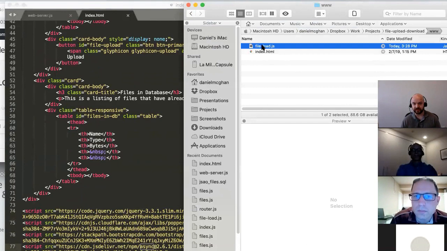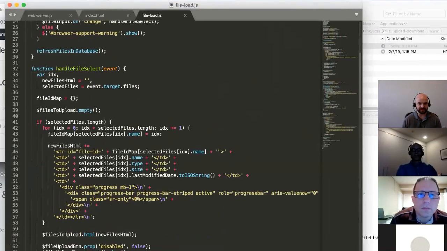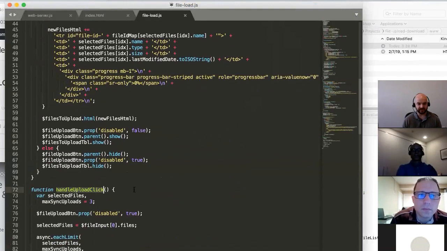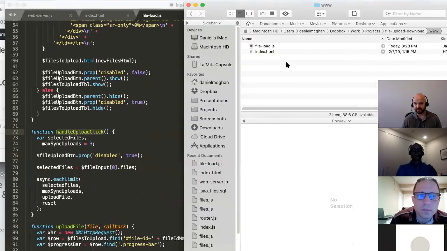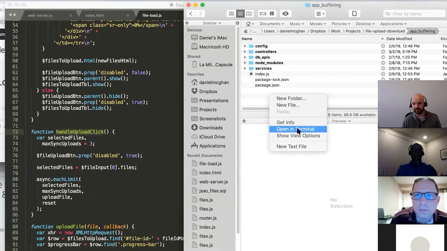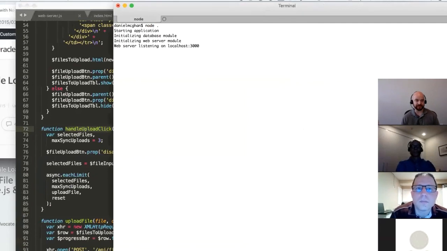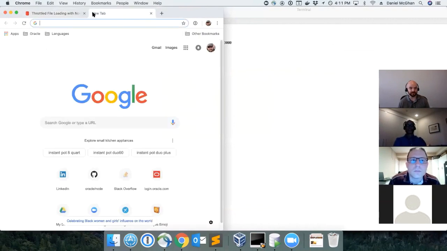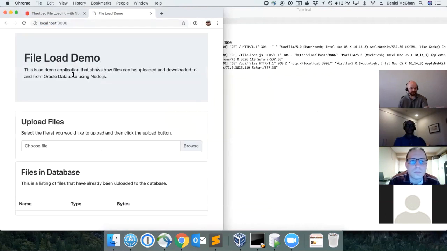So it's the JavaScript file here that does all the heavy lifting, and the most important part is this handle upload click function. And before I go any further, it may behoove me to do a quick demo. So I'm going to start up the buffered implementation and point my browser to localhost port 3000. And you'll see I'm looking at the app now. And so the basic idea is I'm going to